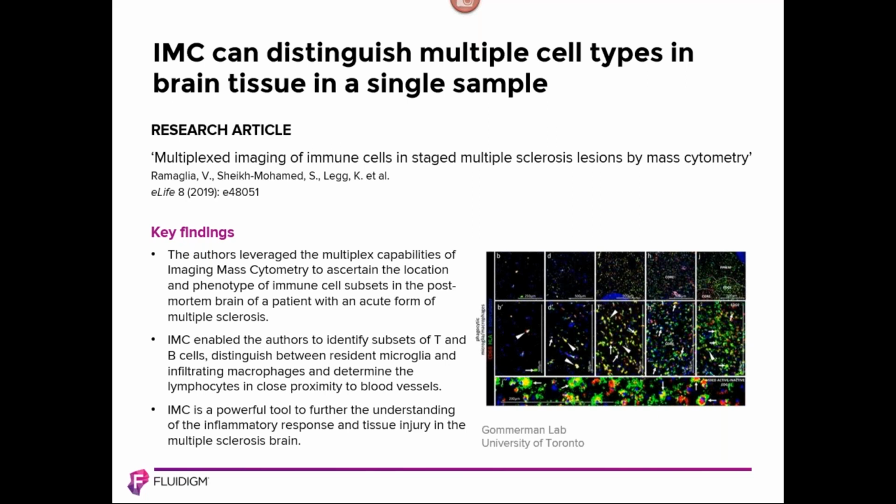This finding provides insight into how cells move through the brain and the order in which the cells may arise at the site of inflammation or injury. Not only did the author state that the imaging mass cytometry results are consistent with previous findings based on immunofluorescence, but that the Hyperion is a powerful tool to further our understanding of the inflammatory response and tissue injury in the multiple sclerosis brain. So we'll stop here